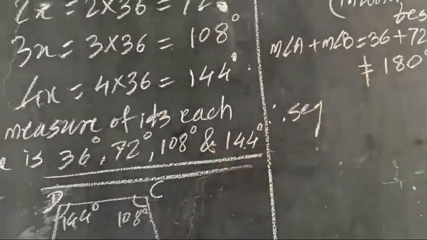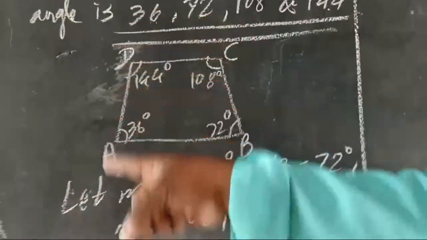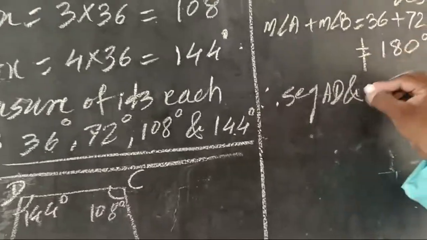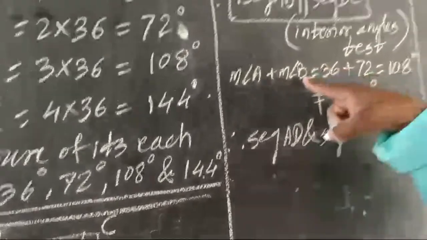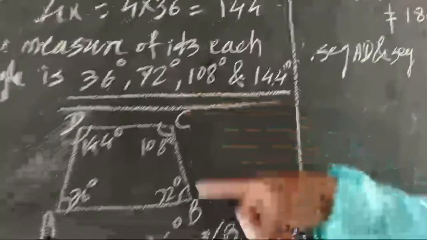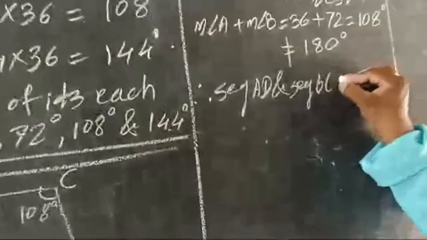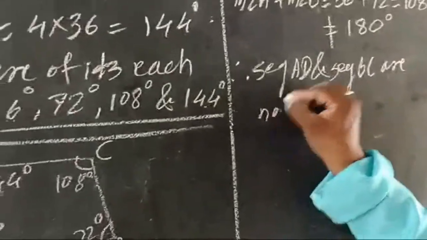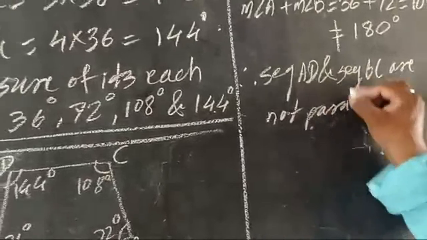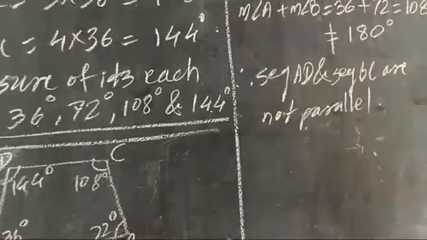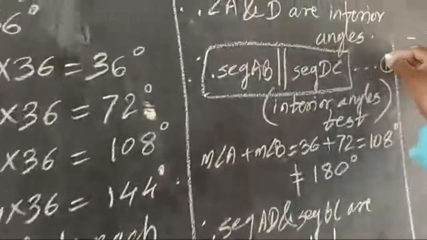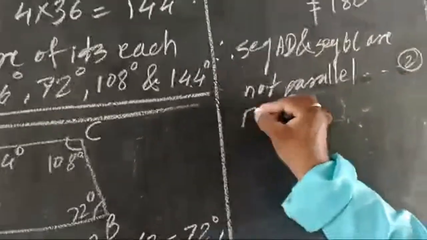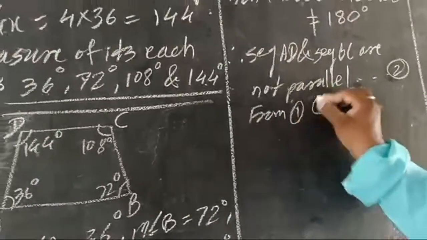Therefore, segment AD and the segment that goes from point B, segment BC, are not parallel. This is equation 1, this is equation 2. From 1 and 2,